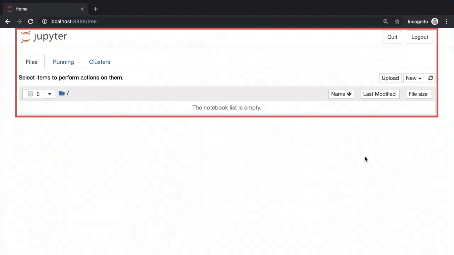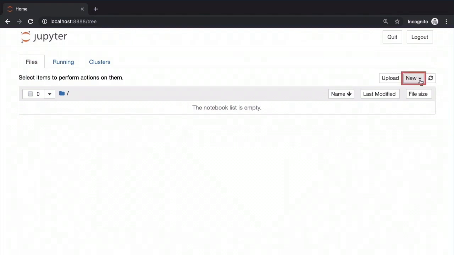This is the home page for Jupyter, where we'll create what are called Jupyter Notebooks, where we'll write our Python code. The files that you create using Jupyter Notebooks will be automatically saved within your current working directory or your current folder, and they will have the .ipynb extension. Now, these files are referred to either as Jupyter Notebooks or IPython Notebooks. IPython is an older name which is still often used.